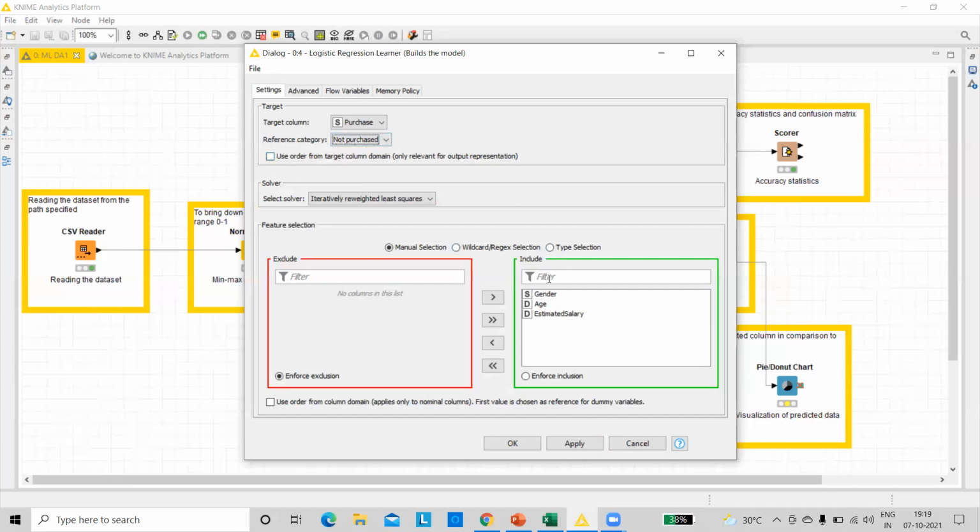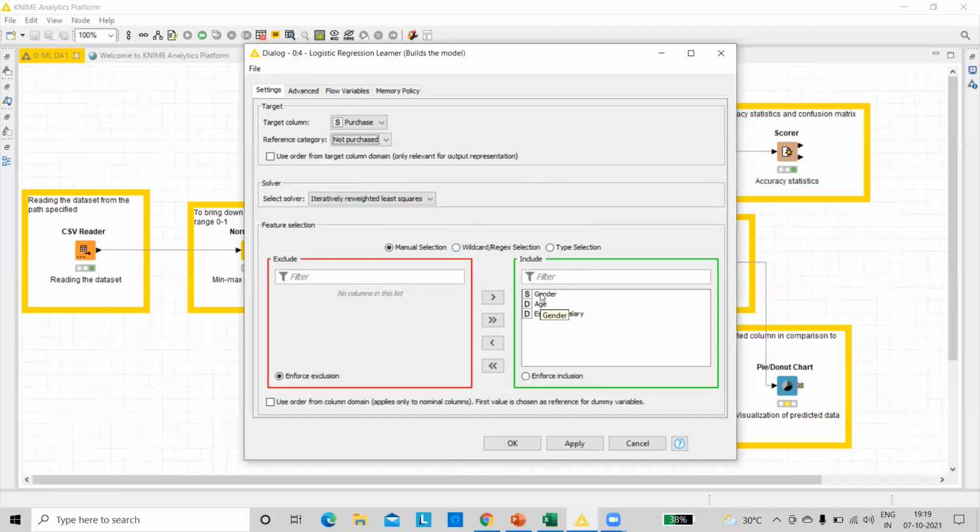Now, this is very important. The columns that I'm going to include over here are the columns that will be used for training the data set. I obviously don't want to train on the target column as well, right? I do not want to give it as part of the training data, because that will only result in overfitting. Everything will get trained and automatically that will give you 100% accuracy, which is not good. It will only work for this data set. So I need to make sure I include the proper columns.